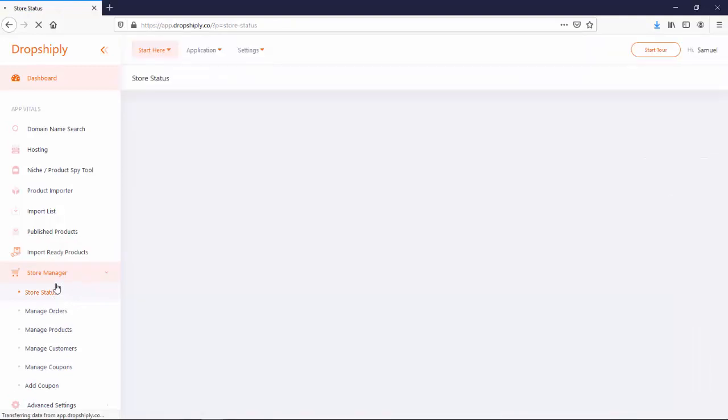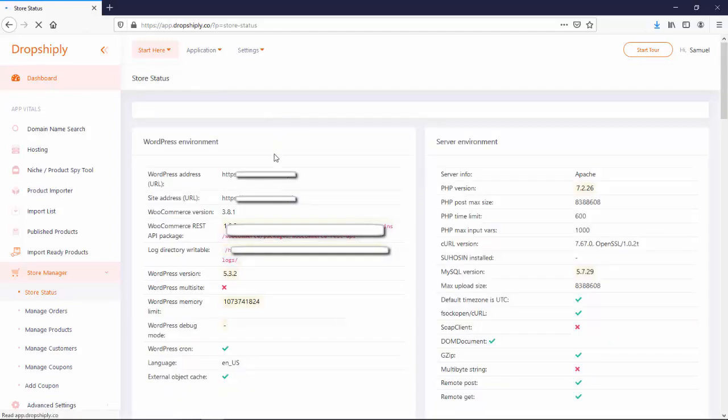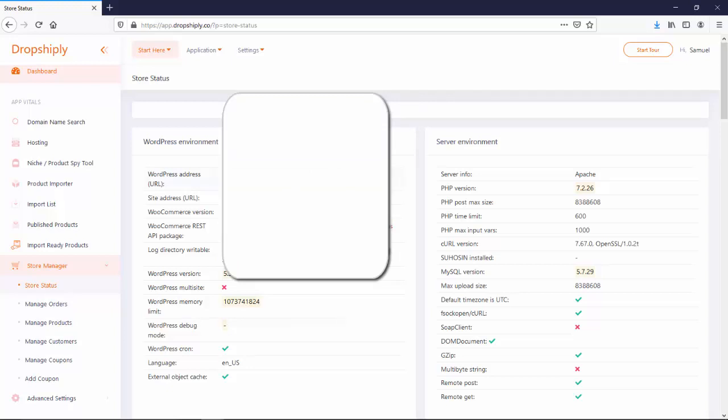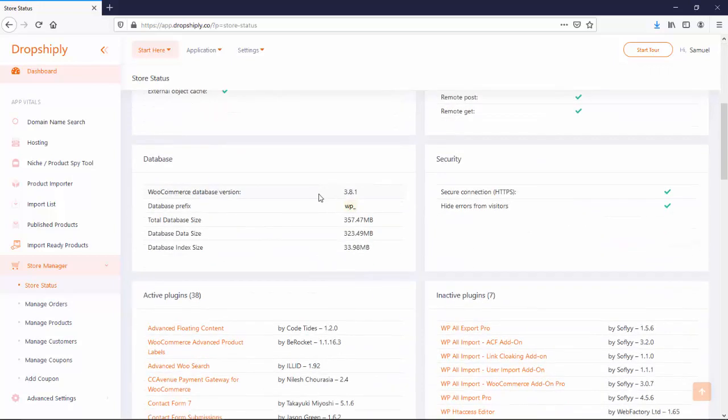I'm going to click on this one now. Basically, this is massive right here because it gives you a complete overview of the status of your store. What's happening, every little detail about your store, it's right here. You can check WordPress information right here, the WordPress environment, all the info. You can also check the server environment. Scrolling down,